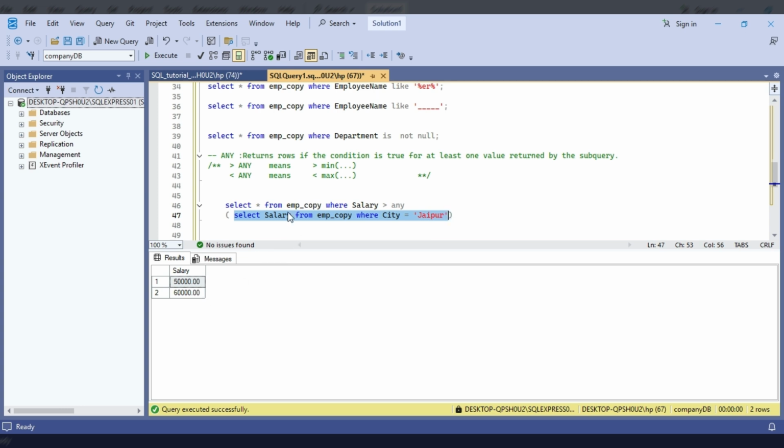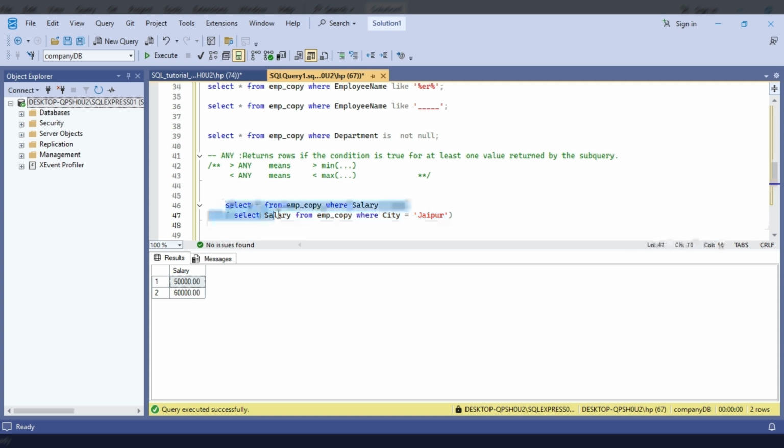As we are using greater than ANY, it means greater than the minimum value in the list. So the minimum value here is 50,000. It will give all the records of the employees where the salary is greater than 50,000.